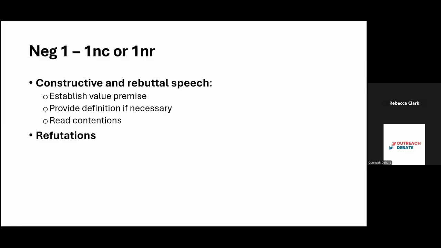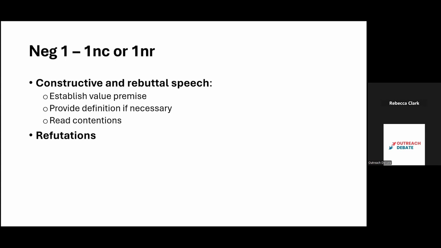So for the sake of this negative, you not only want to be responding to the affirmative, but you also want to be doing your own constructive, and that means that this negative speech is going to vary a lot in terms of your timing, which is why it's even harder for me to say how long it should be. Because you should spend maybe still 30 seconds on value, maybe still 30 seconds on definition, but you need to cut time on contentions, or cut time wherever you can, because you also want to do a good rebuttal. For me, I find that I probably spend give or take half of my time doing each. I think often I'll do like 4 minutes on rebuttal, 4 minutes on constructive and like 3 minutes on rebuttal.